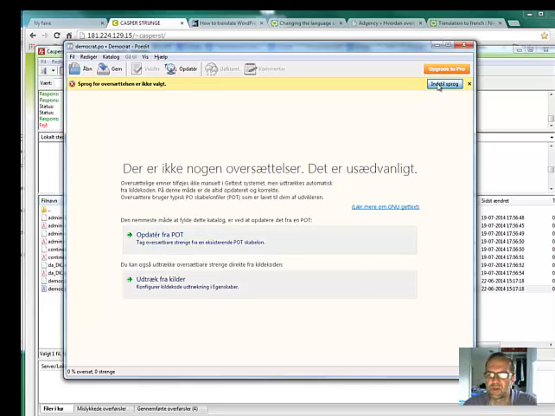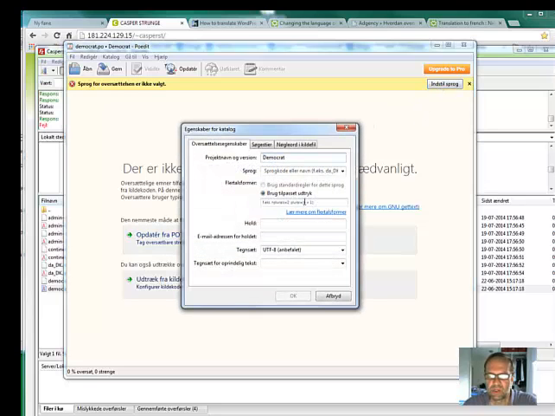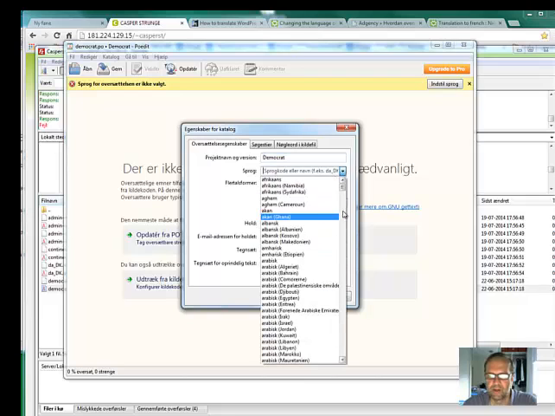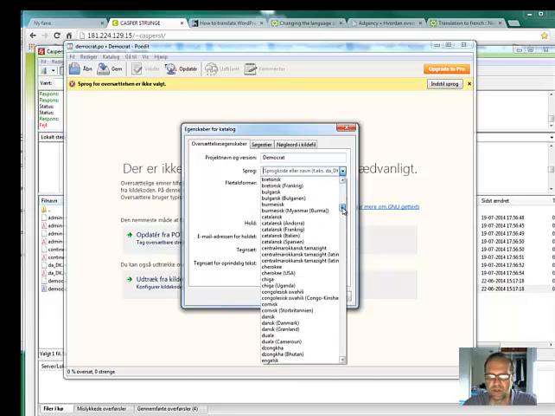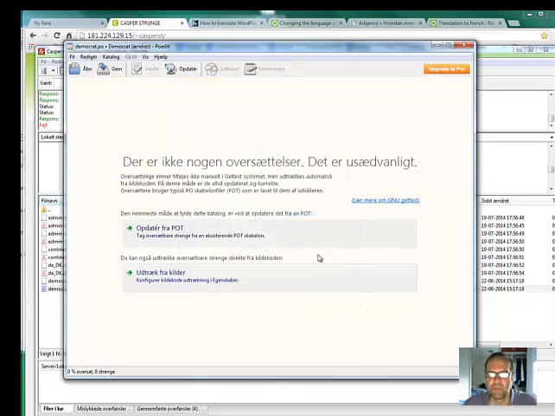I tried that, but I didn't have any success. I can also take this and put it into Danish, but I don't have any success with that too. It's Danish like that, so this makes no difference. So this is my problem. I don't know if you can tell me what to do about this.